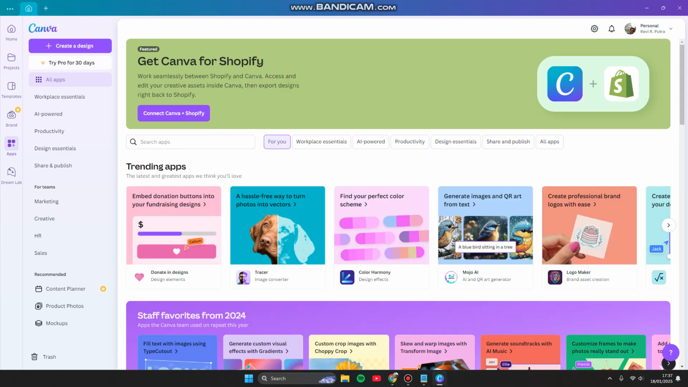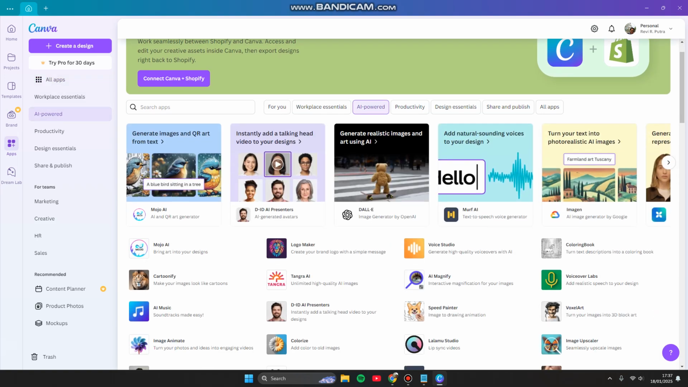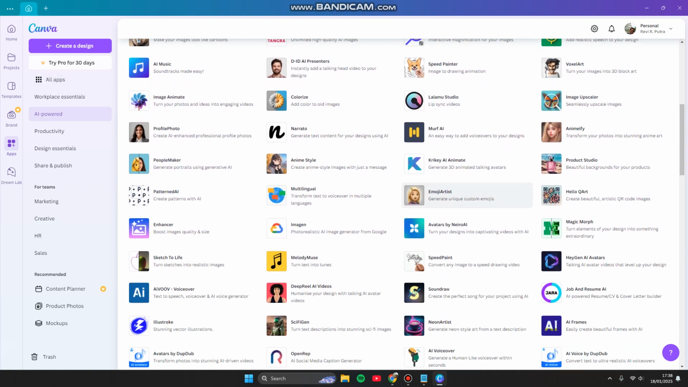Today I'm going to show you how you can create frames with AI in Canva. All you have to do now, you can open Canva. Don't forget to sign in with your account. Click apps and click AI powered. Now you can scroll down and try to find